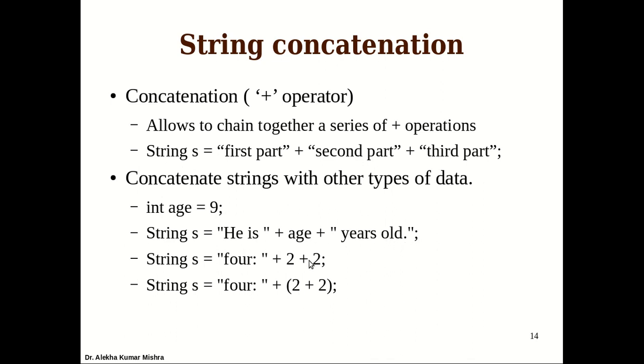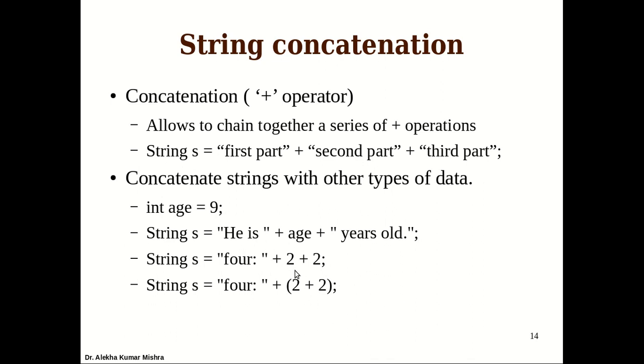Here there are 2 examples at the bottom, and you need to be very careful. Suppose you want to print 4. If you do the first one, you're not going to get the desired output. Why? Because these 2 are integer constants, but when we use them along with a string, first all the integers are converted into their string format, then concatenation is operated. According to the hierarchy, this plus will be performed first. So first all this will be converted into that. If you do this, it is entirely a concatenation operation, and no arithmetic operation is performed there.